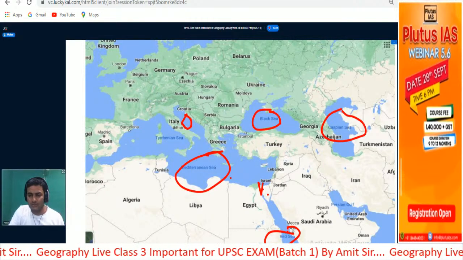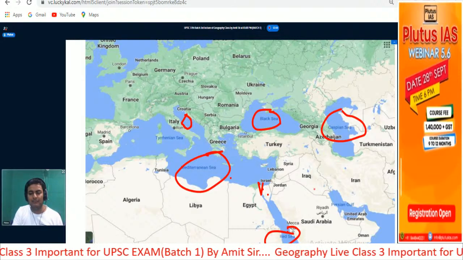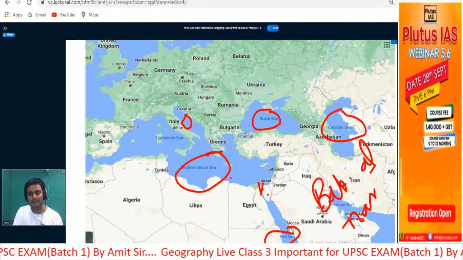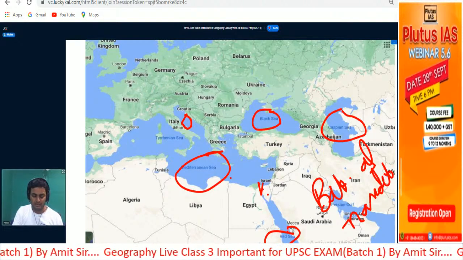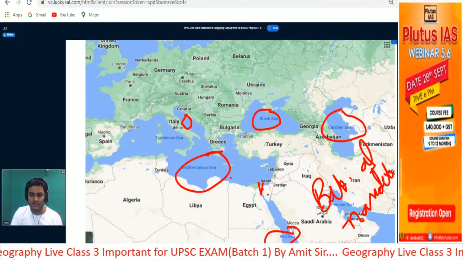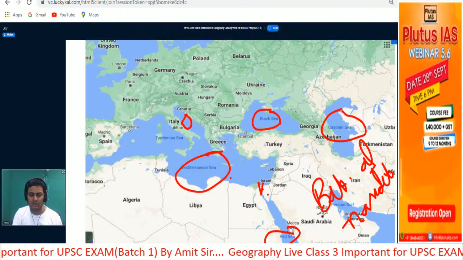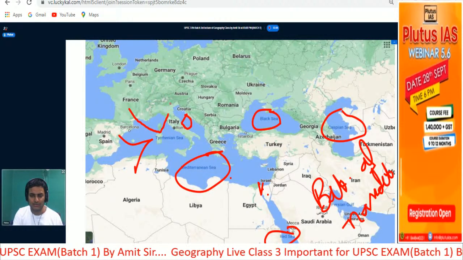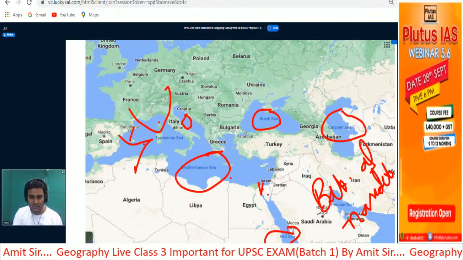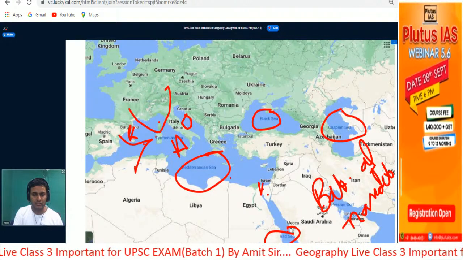So let me give you some extra information here. Here we have Bab al-Mandeb. Okay. It is located, you cannot see it in the map, but it is located here. Below this, where Africa, this Horn of Africa and this Saudi Arabia, they meet like this. So here we have country called Yemen and here we have Somalia. So here Red Sea is there and here we have this Arabian Sea of Indian Ocean. So this narrow body,